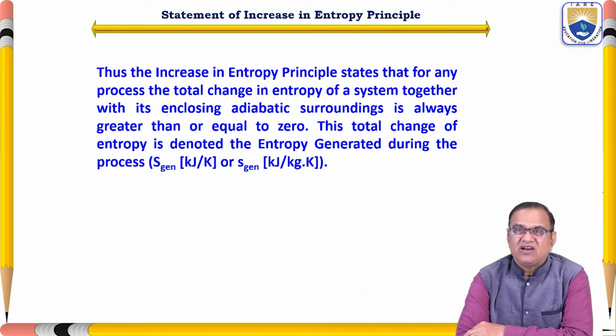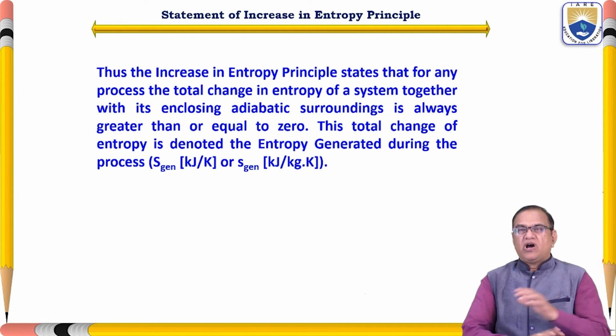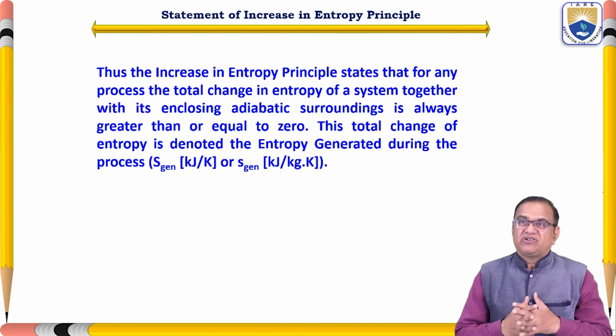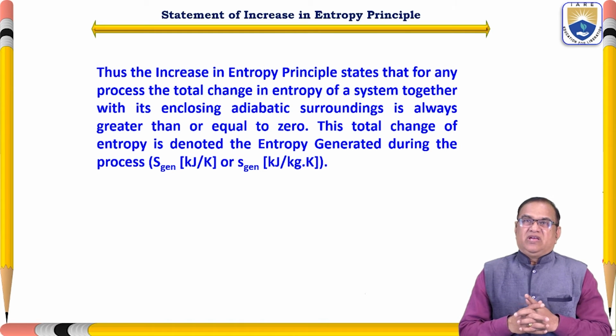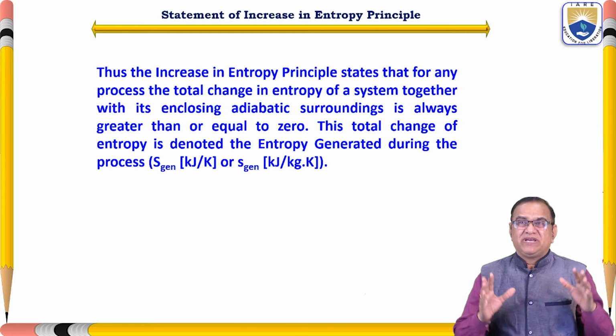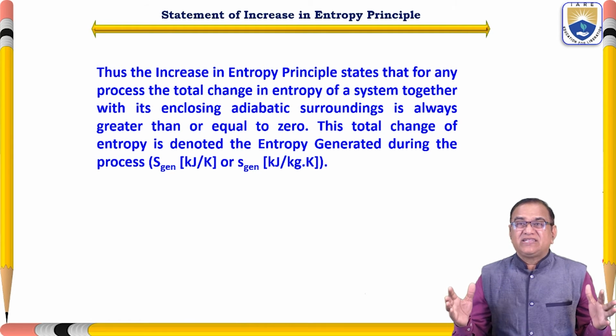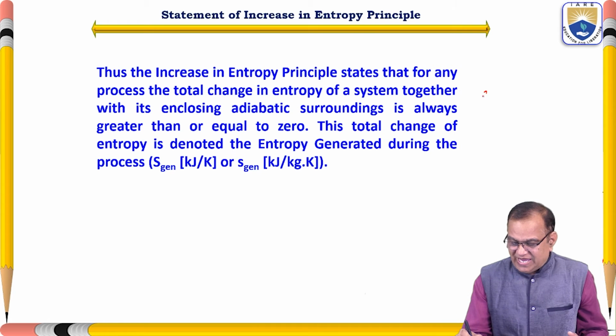This total change of entropy is denoted as the entropy generated during the process. So always the entropy generated for any process of a system and the surrounding is greater than or equal to 0. So S gen